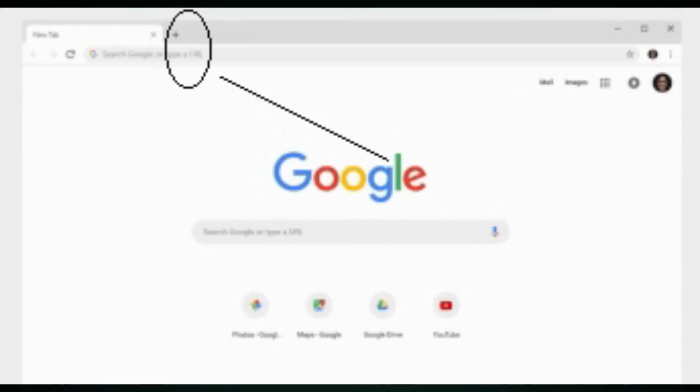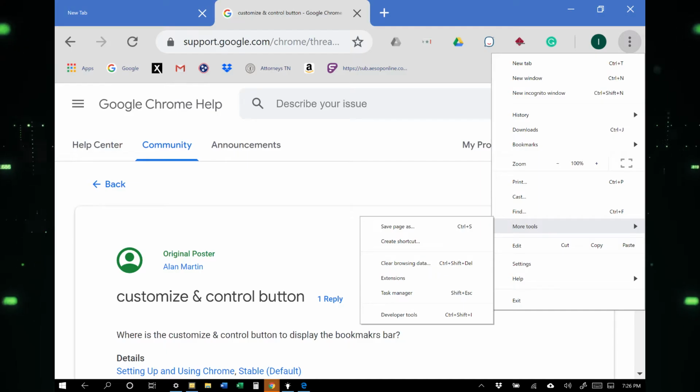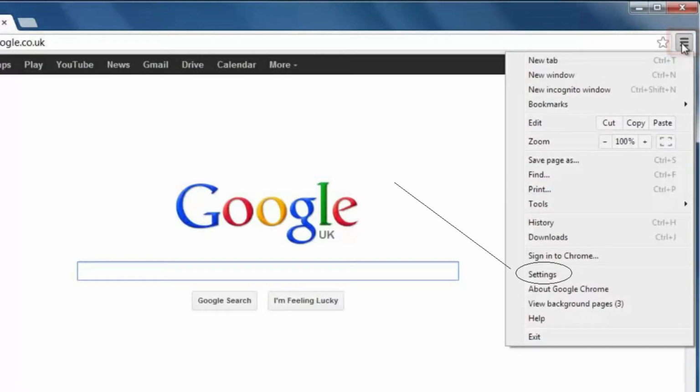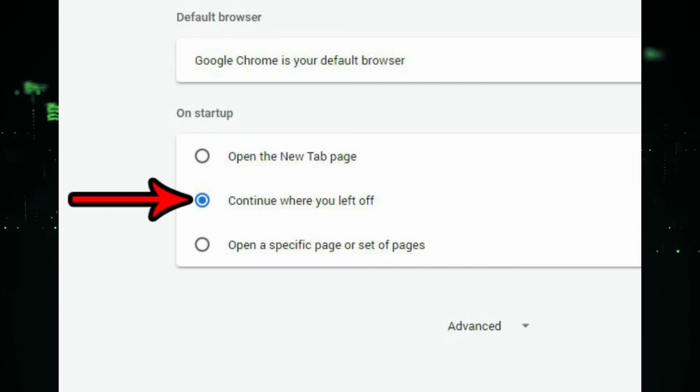You can do so by clicking the plus sign on the top of the page. Now click on the 3 buttons on the top right side of the page. You have to click on the settings button. Head down the page until you find On startup. Select the Continue where you left off option. Now you can close the settings app.